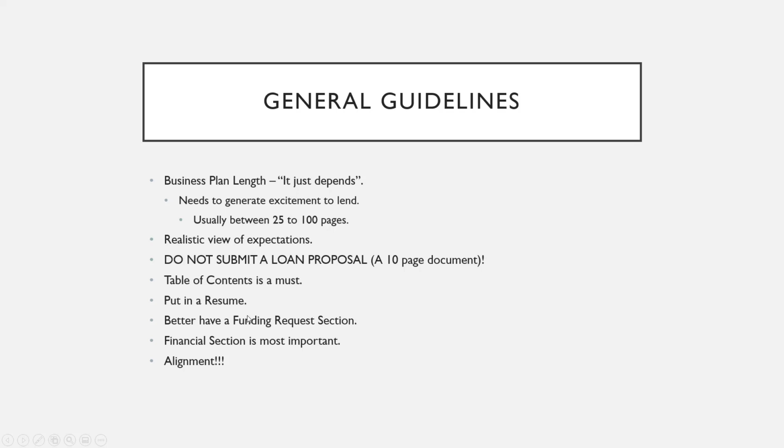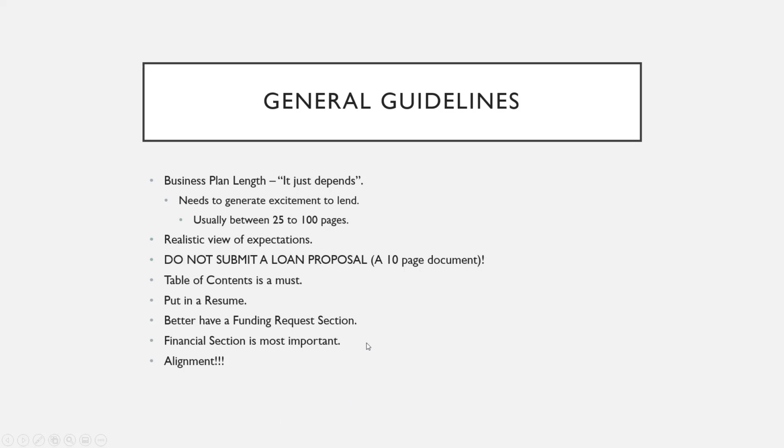A resume. From my experience, a resume is a must. Put that resume in there. Put it as an appendix. They do say in the guidelines that they want it in the ownership section, but I found it's a lot better to put it into the appendix. It helps the business plan flow better. And then if you put a statement in the organization and management section to go to the appendix, then they know where to go, and they're usually good with that. I haven't seen a problem with that yet.